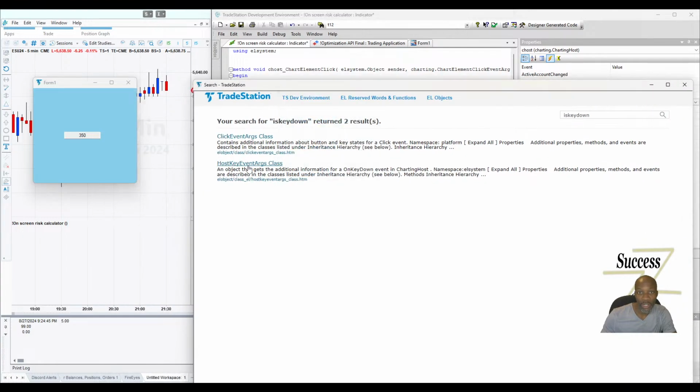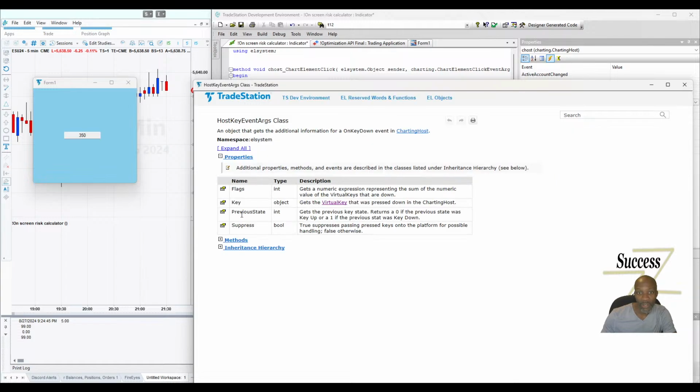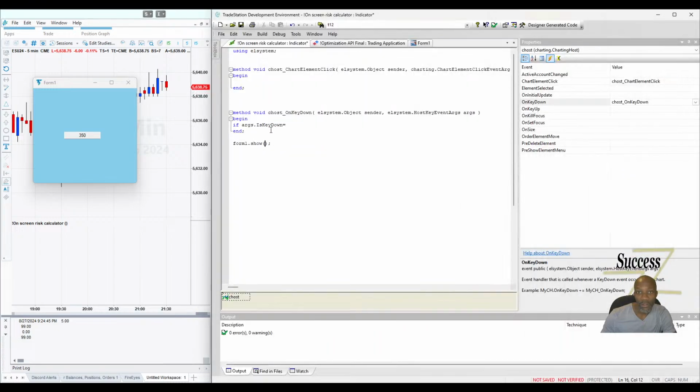But let's go to here, host key event, is key down, key gets the virtual key. So that's what it was. Method is key down, the key. Yeah, that's what I thought. And here, maybe it was sender. Nope. Is key down, and then